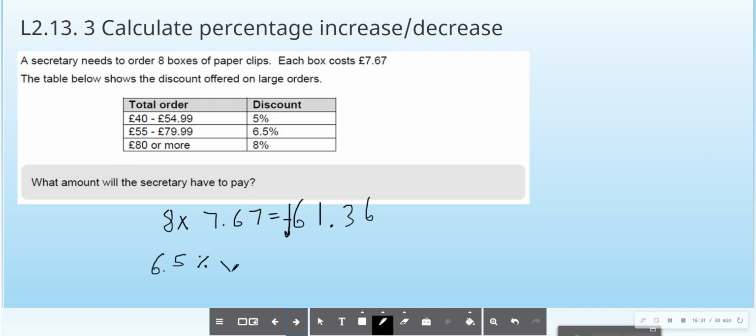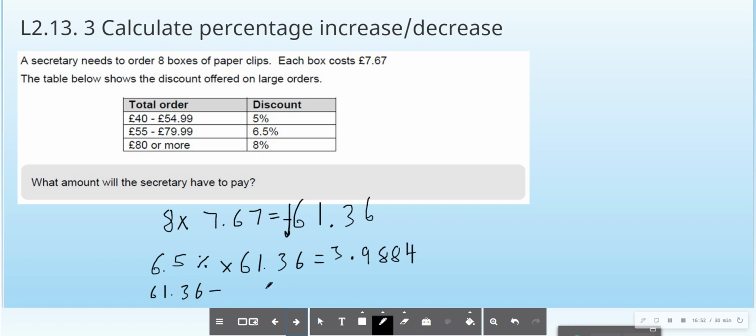And then you multiply that by £61.36, which is going to give us 3.9884. So that's our discount. So now we're going to take the discount off. So we've got